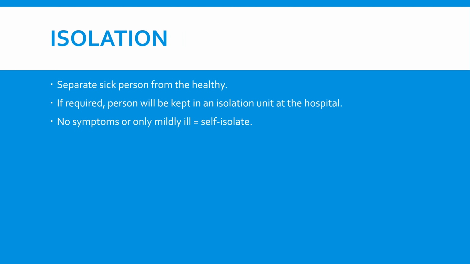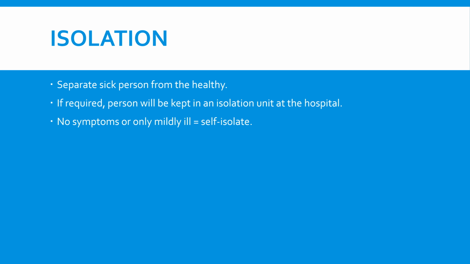And then the next level up beyond that would be isolation, which is if you're sick, that's when you get removed from the group of healthy people so that you're kind of alone. Isolation, ISO. It would just be protecting everybody else from the sick person. And if required, you could be at an isolation unit at the hospital, which doesn't sound like that's necessarily super common, at least right now, from the research that I've got.